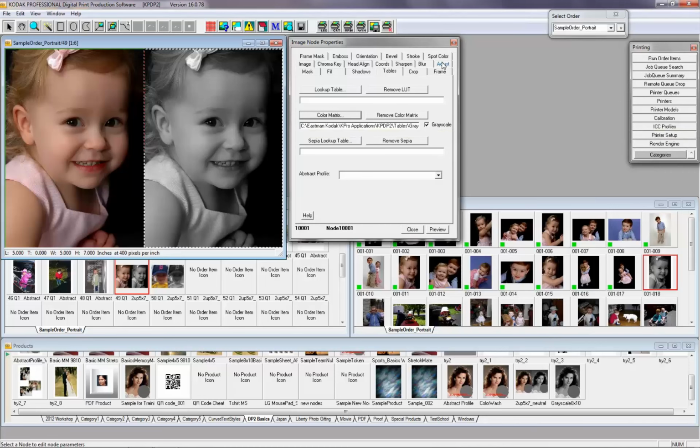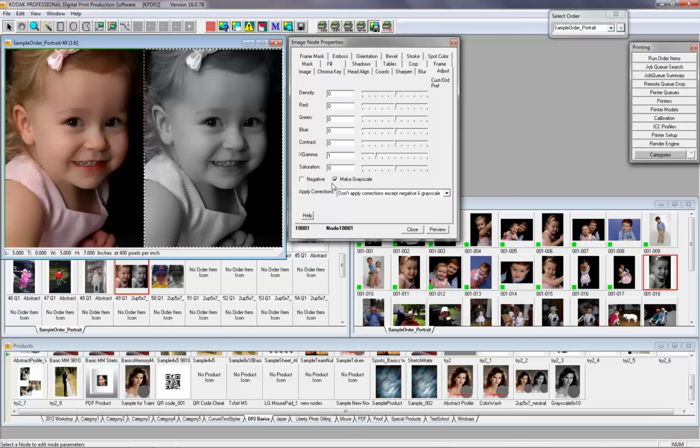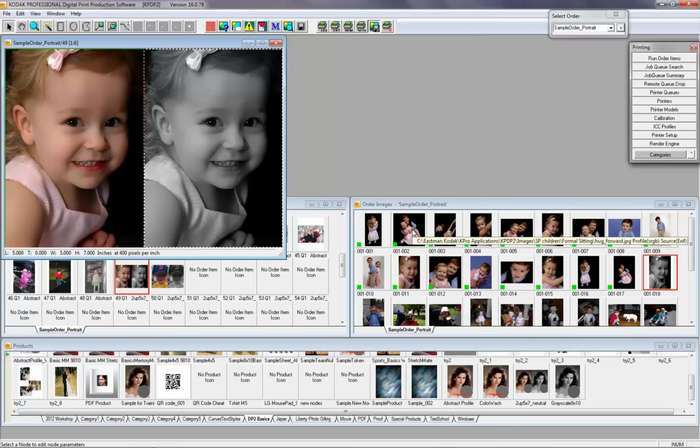One thing to note though, if in adjust images you are making them black and white by desaturating them without telling DP2 that it's grayscale, DP2 will not understand that as a grayscale image. And that's how we've implemented Neutralize Grayscale in DP2. About the same time, we introduced a set of description tags for ICC compliant color management,